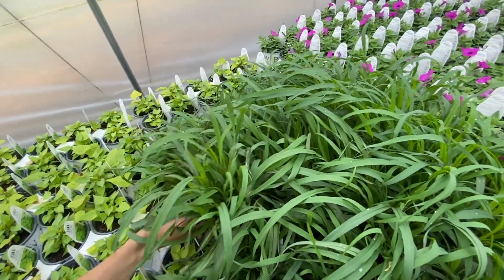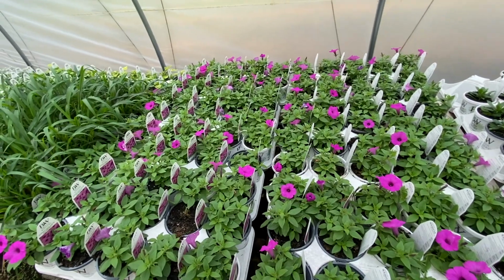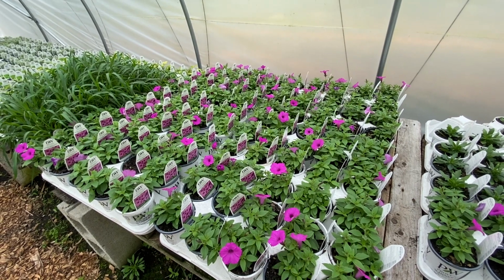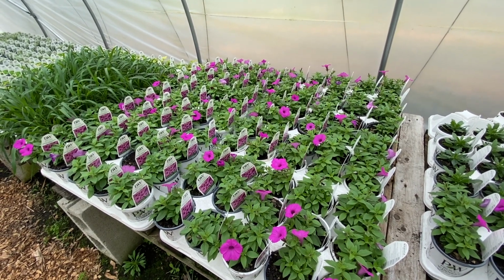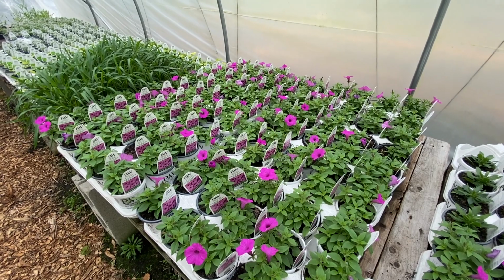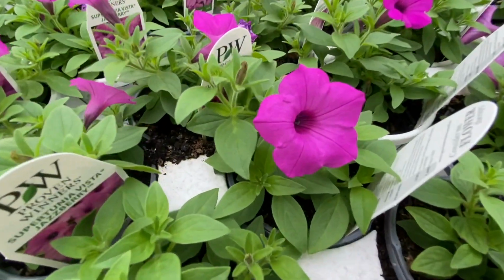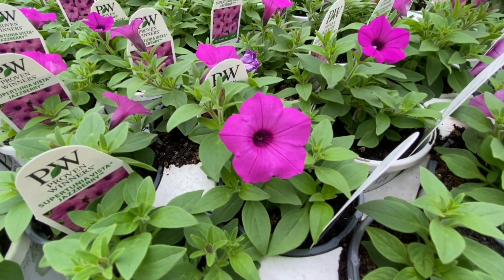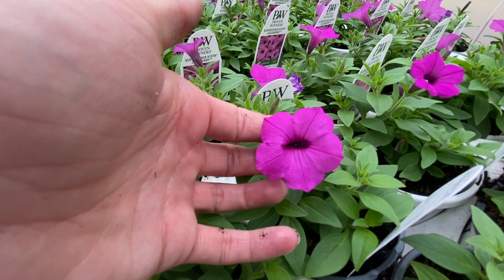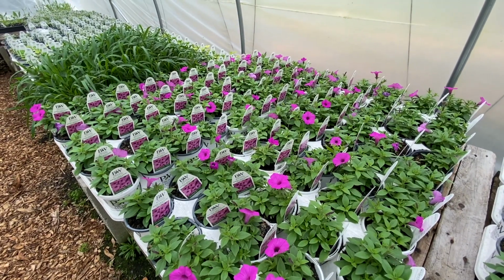These things are beasts. Okay, you guys, I think this is new since you've seen the greenhouse. Look at that! Jazzberry! Supertunia Jazzberry is just beating everyone with the second blooms. Pink Lamina was the first. With the second blooms, and like in unison, almost every plant has a bloom. Oh, look how pretty that is. I didn't know I would like such a bright color, but I love it. I want to plant a big mass in our landscape. Kind of from far away you could see that impact, so I'm just gonna let you guys enjoy that beautiful